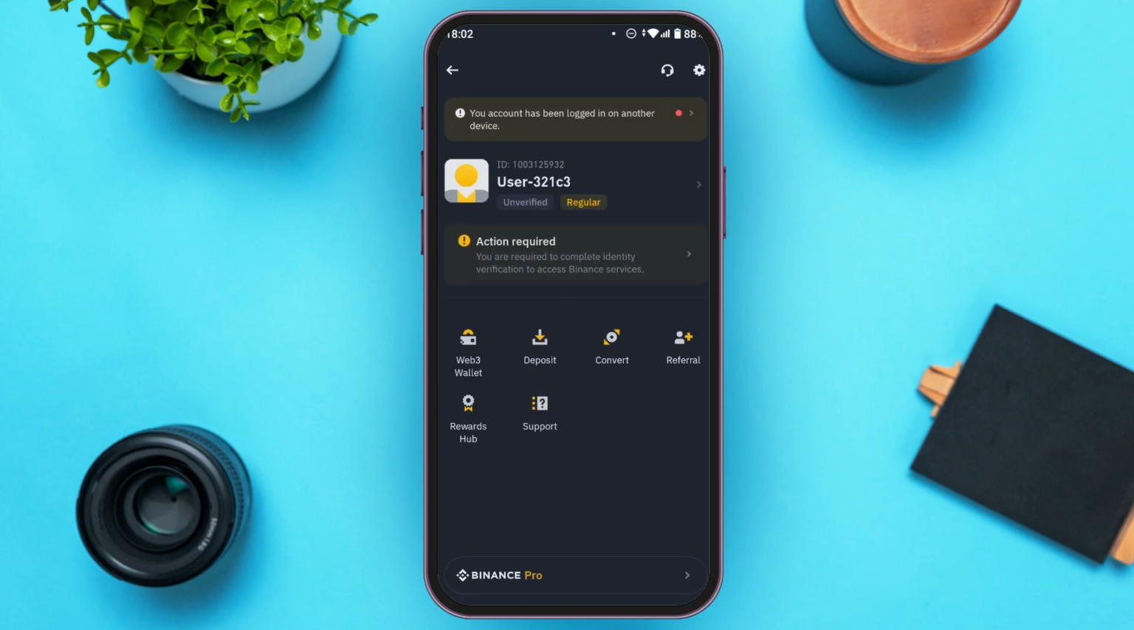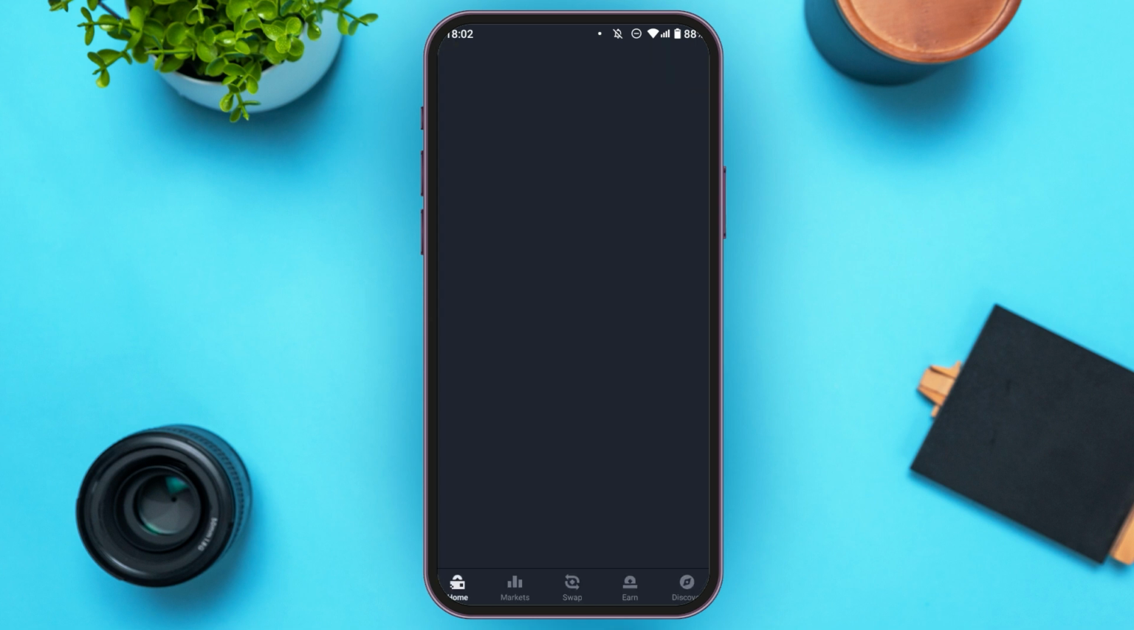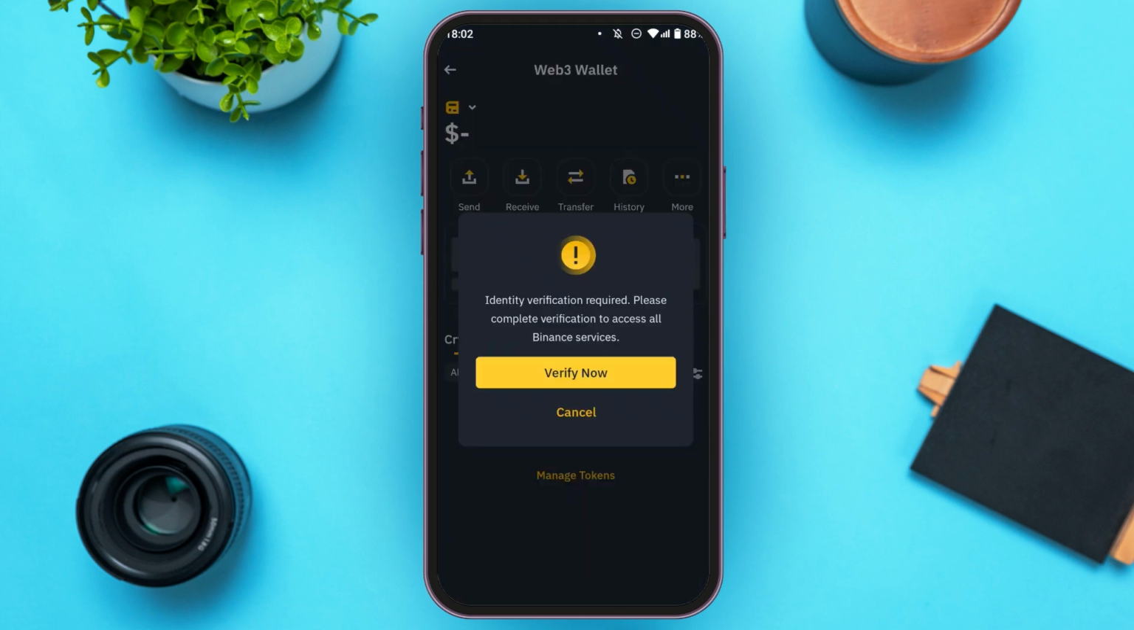Now you can see over here you'll be led to this kind of interface. You can see several options over here. What you have to do is find the option for Web3 wallet, tap on it. You'll have to keep in mind that identity verification is required in order to create the Web3 wallet. Due to my reason, I'm not being able to verify my identity right now, but I'll tell you what to